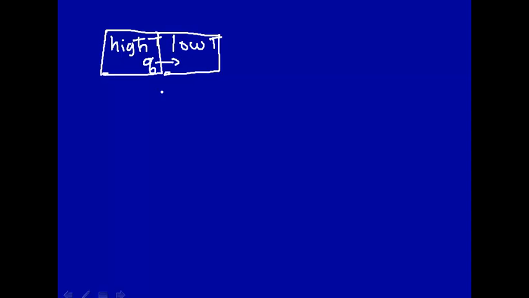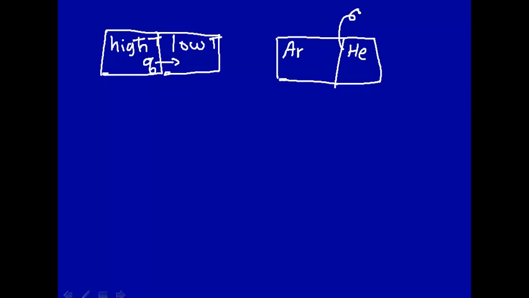This is a process that happens spontaneously. There's no urging, it just happens. A second example we used in class was a case where we had two gases, argon and helium, same pressure, same temperature, separated by a partition. If we now remove this partition, what we find is that argon distributes evenly and helium distributes evenly in this volume. That happens spontaneously. It just happens.